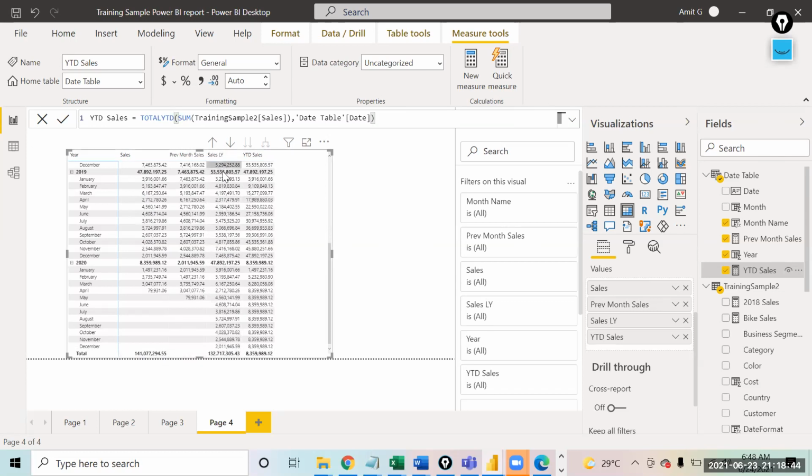This is the sales last year, so it shows the sales of the last year in that case. And in the same way, this is the YTD sales, so it shows the total of that. If you see 8359, that is the number that you get in this. Because the normal sales field is just a normal addition, that is why it gives you the grand total.